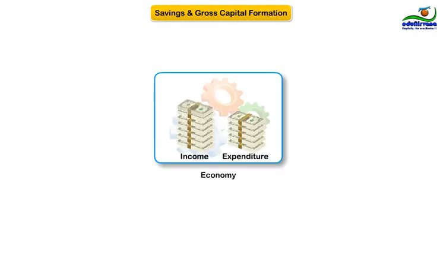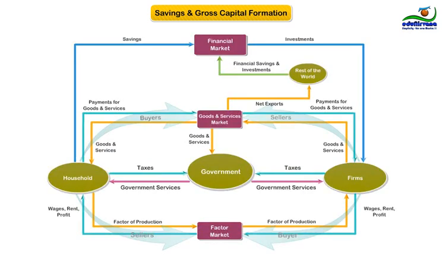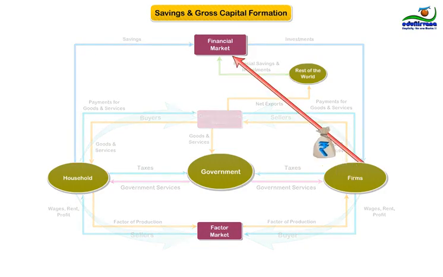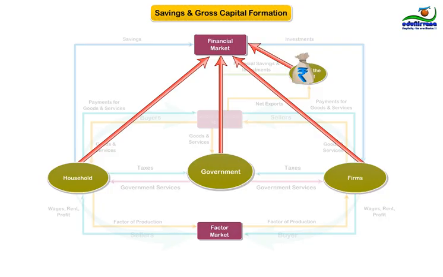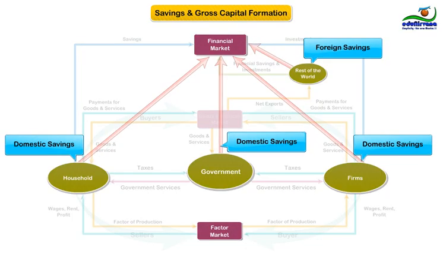Saving represents the excess of current income over current expenditure of various sectors of the economy. Please note that it is the balancing item on the income and outlay accounts of the producing enterprises, households, government administration, and other final consumers. For the closed economy, savings equals capital formation during the year, whereas for the open economy, savings equals capital formation plus net capital inflow from abroad during the year.